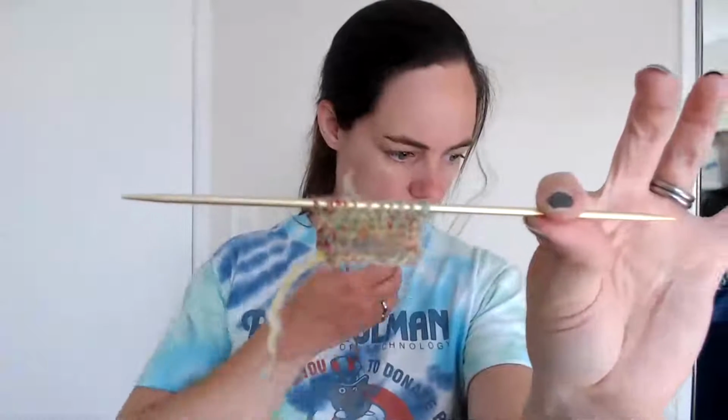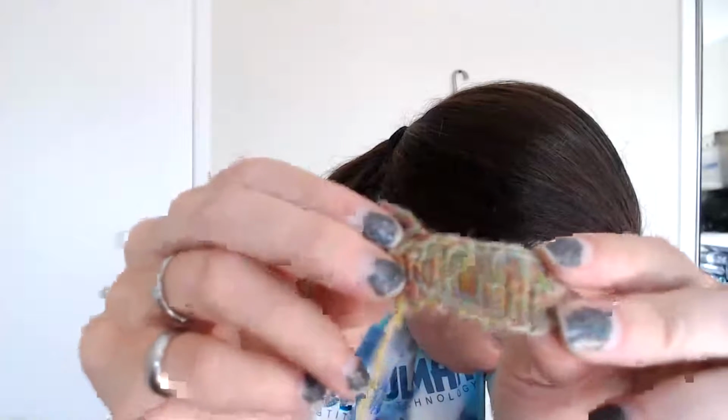So the color that I see here, I can definitely see how the light and dark shifting will actually be very cool. Let's see how close I can get that in. It's really not a big sample. Could happen as I'm working with this, I could decide that I like this option better than the 4-ply,